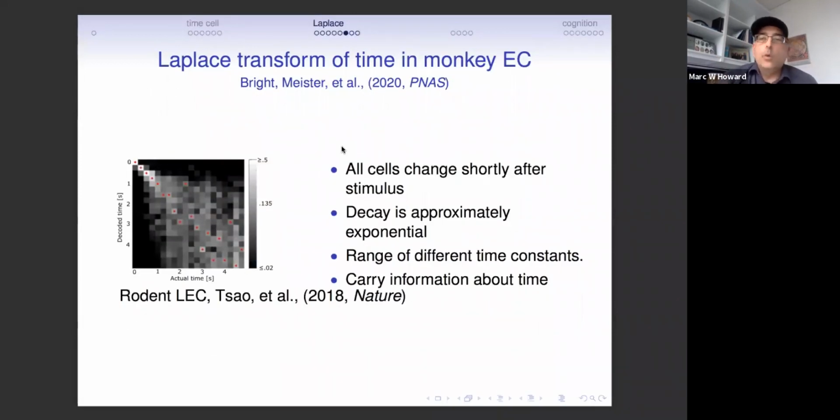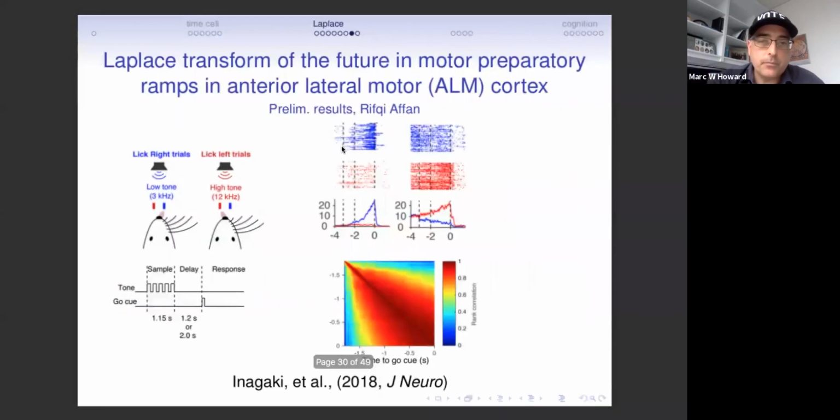Okay. We can also decode time, and we did a bunch of methods, and you're welcome to look at the paper, and I'm happy to answer questions about it in the Q&A. And also, we know that you can decode time from this population. If we train a decoder to try and guess how far in the past the stimulus took place, we can figure that out. And this is a temporal decoder. To the extent there's a bright line down the center, you're convinced that the decoder is able to decode time.